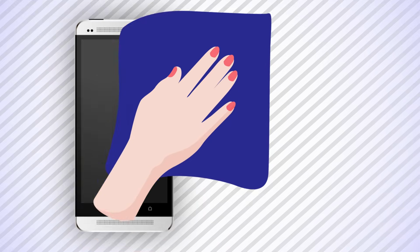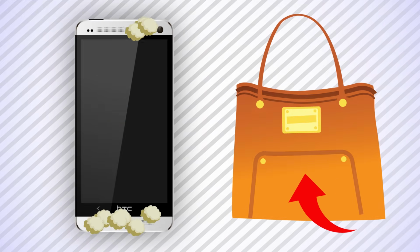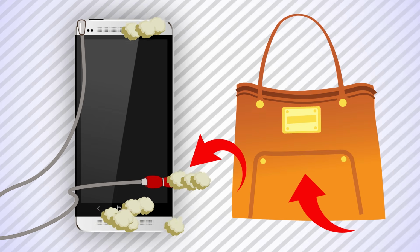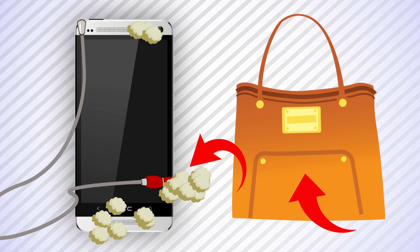Moreover, if you carry your phone in the main compartment of your handbag, its ports can become clogged with dust and small debris, which might cause problems with the connection. This is especially dangerous for the 3.5 mini jack. The thing is, the port itself is pretty long, so if some piece of dust gets inside and you don't know about it, next time you will try to plug in your headphones, you will only make the piece get